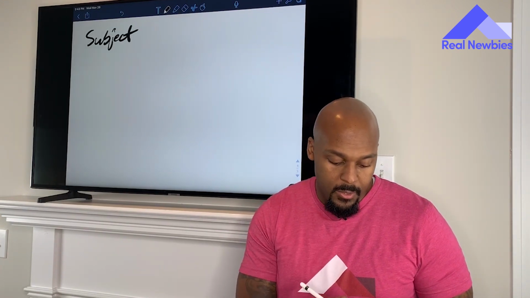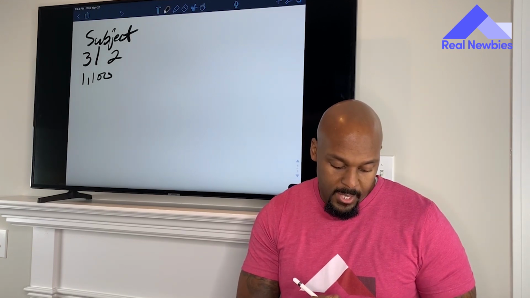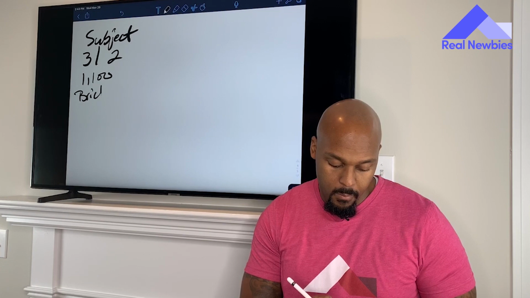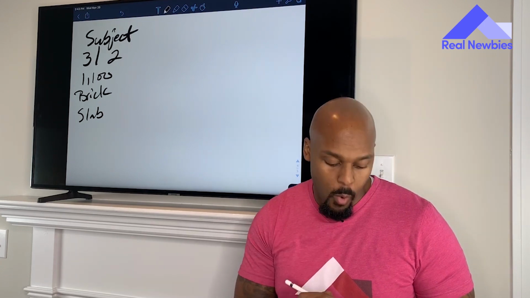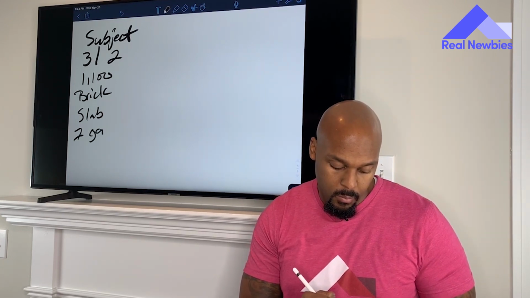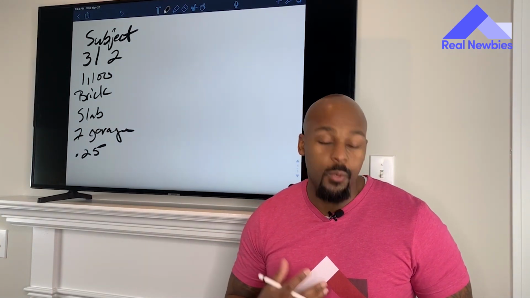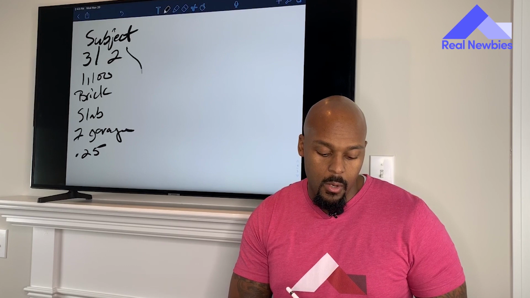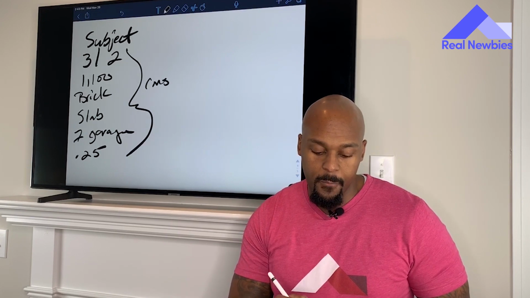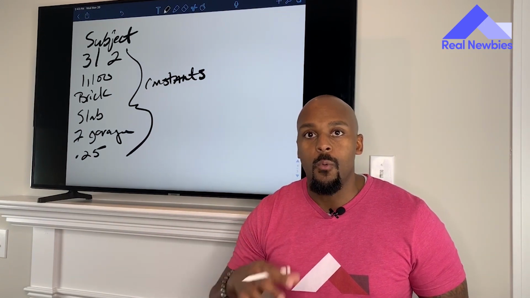Let's say you're looking at a property that's 3 bedrooms, 2 baths, and it's 1,100 square feet. Okay. It's a brick home. It's on a slab foundation. Let's say it's a 1-car garage. And it's on a 1/4 acre lot. Okay, so this is how you would just start when you're looking at a subject property. You want to look at those things. These things are called constants. Constants are difficult to change, and it gives you the framework of what you're looking for when it comes to